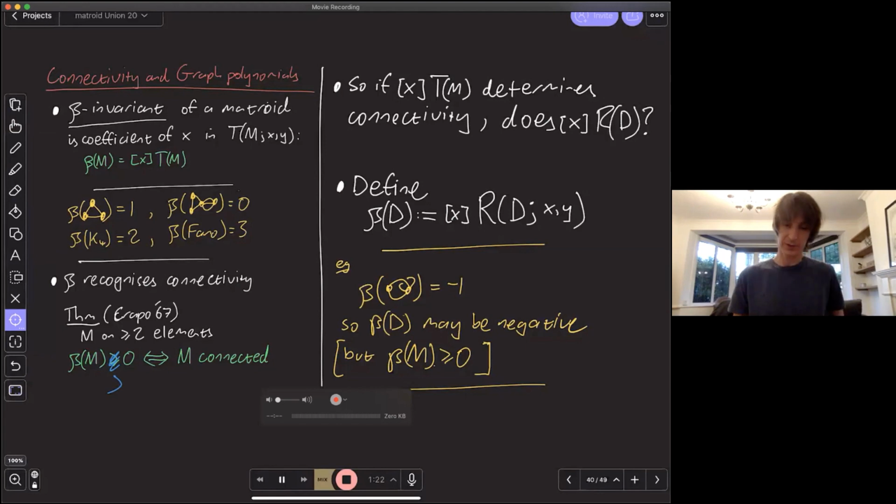So where do you go with this? Well, following the result, if the coefficient of x of the Tutte polynomial of a matroid determines connectivity, what can you say about the coefficient of x of this delta-matroid polynomial, this delta-matroid Tutte polynomial? I can go through this game. I can define a beta invariant by just plucking the coefficient of x. There's a little bit more going on here because, unlike the matroid case, the beta invariant can be negative. So you have to watch for this. It's not the same object. But a lot of the results hold for the delta-matroid version.